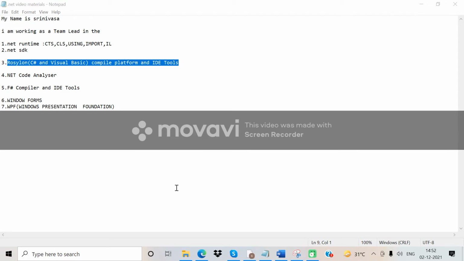Hi friends, today we are discussing the Roslyn compiler platform and IDE tools. What is meant by Roslyn compiler platform IDE tools? It is a .NET compiler platform